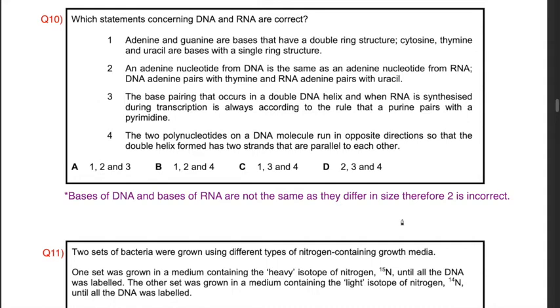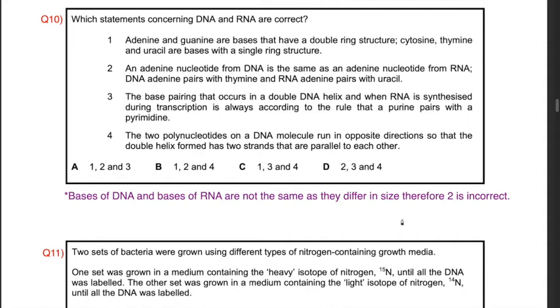The bases of DNA and the bases of RNA are not the same as they differ in size. Therefore, 2 is incorrect, because 2 mentions an adenine nucleotide from DNA being the same as an adenine nucleotide from RNA, which cannot be true because the bases of DNA and bases of RNA differ in size. Therefore, answers having 2 in them are incorrect, leaving us with the only possible answer being C,